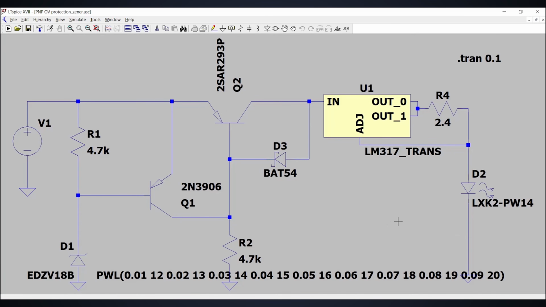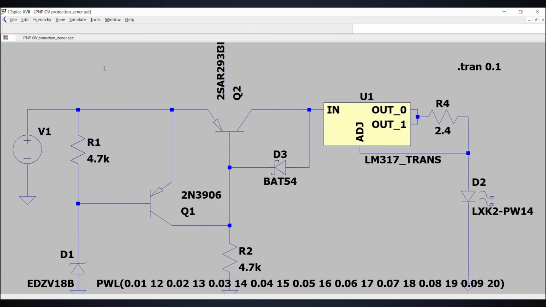If you want to know more about the constant current regulators, please check out this video. This diode D3 is a Schottky diode, which is acting as a Baker clamp. In easy words, it helps to improve switching time of Q2 under 100 nanoseconds. Now, if you see the simulation,